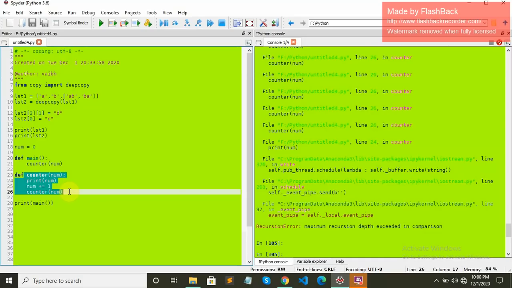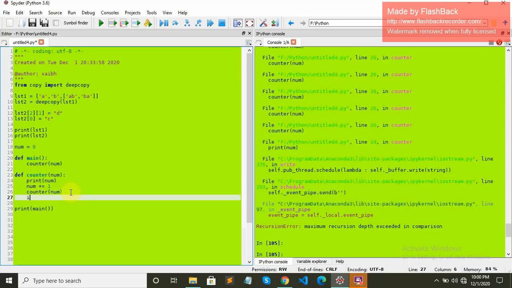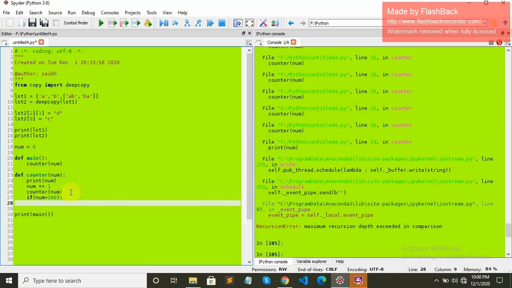We can also have a loop or something. We can make it a limited function. We can put an if condition like this: if num greater than 100, let's say, then we can terminate it.